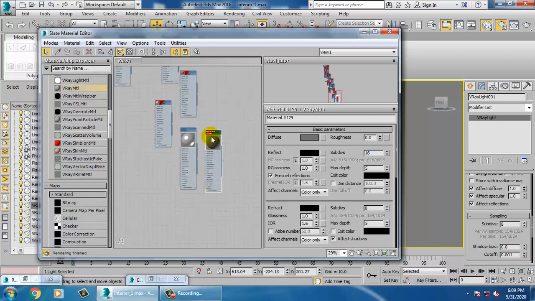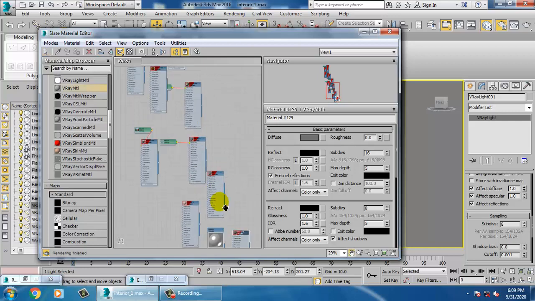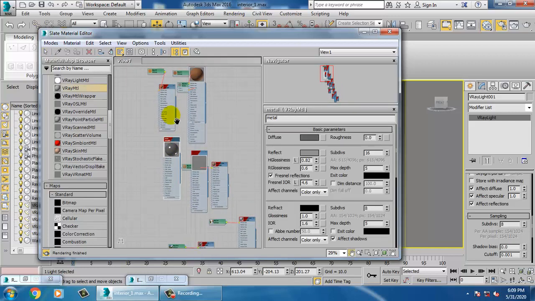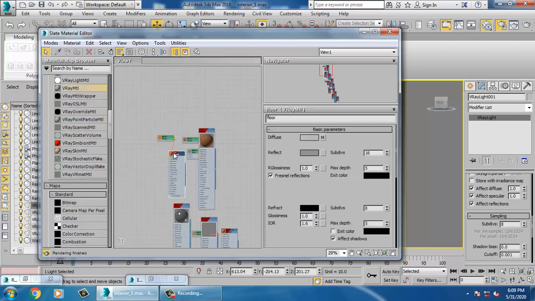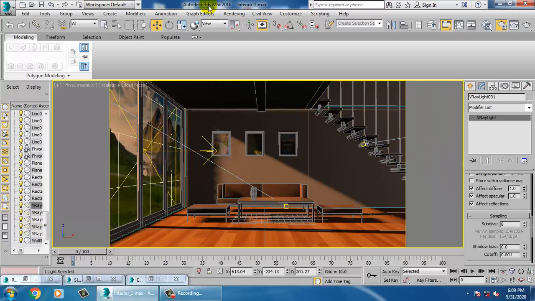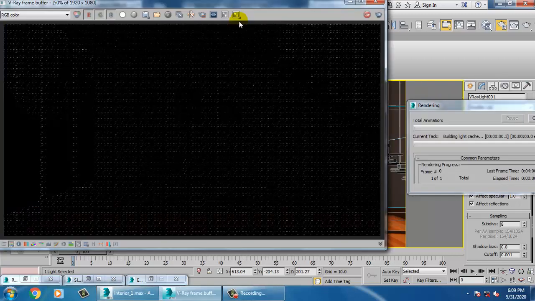Alright. So you need to see that you have increased its subdivisions over here. Let's go into this camera view and let's render it.